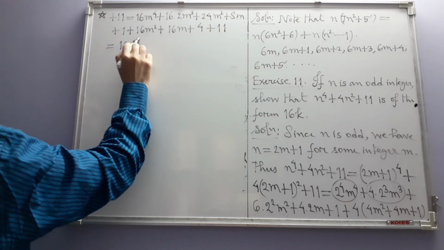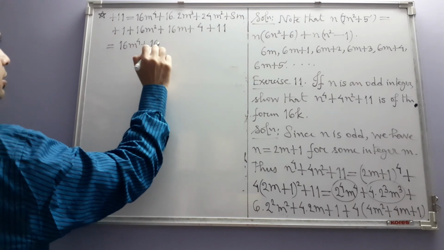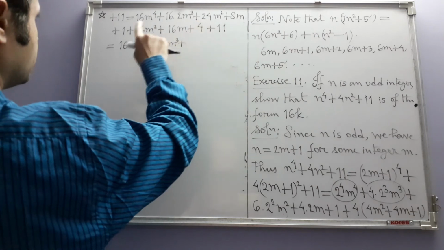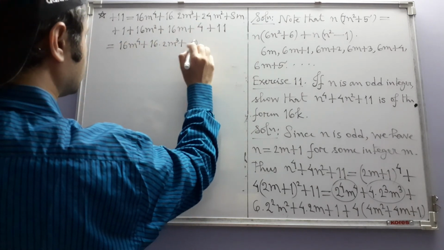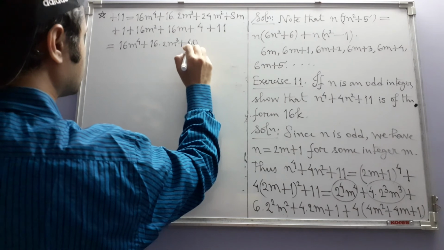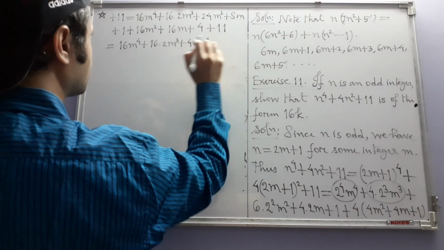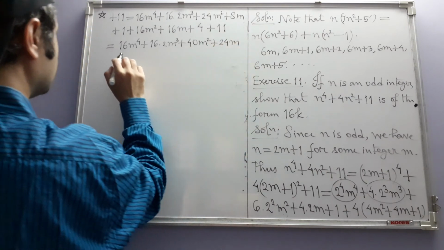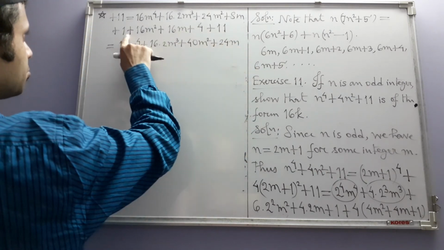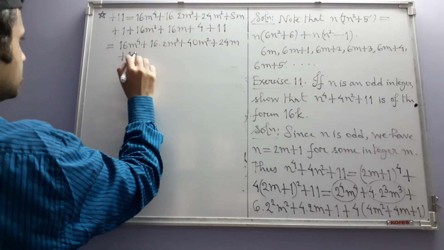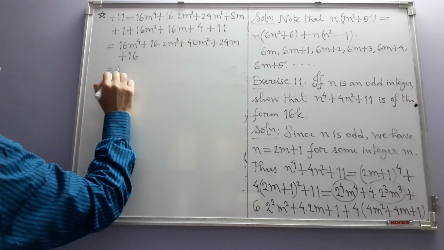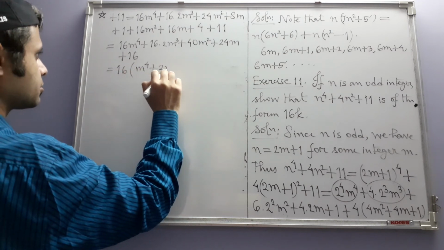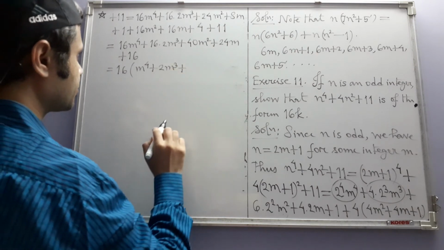So 16m to the power 4 plus 16 times 2m cube plus 24 plus 16 m square plus 24m plus 4 plus 1 is 5, 5 plus 11 is 16. So this is 16 times m to the power 4 plus 2m cube plus